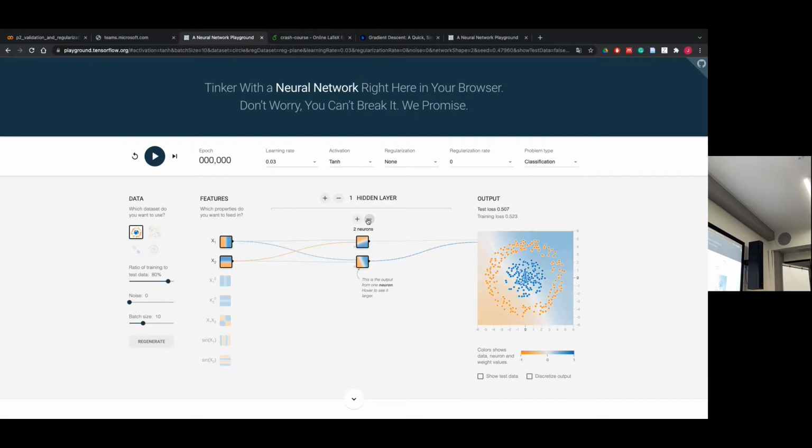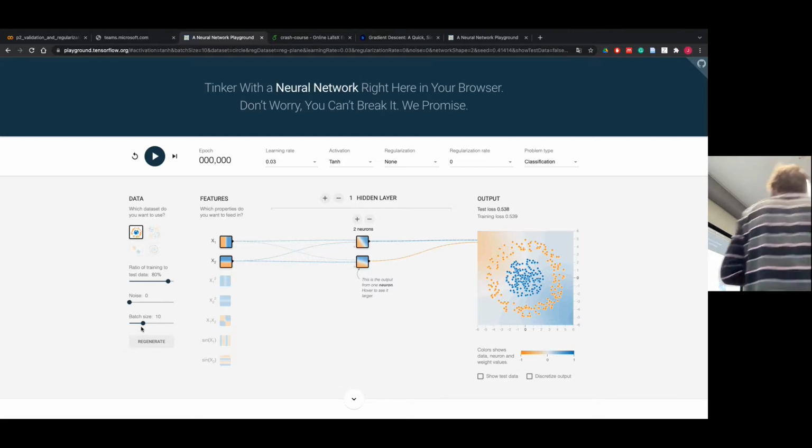Okay. So you can play a bit with the data. You can add some noise to the data, but we won't put noise to begin with. And here you see the batch size. So now you know what the batch size is. The batch size is the size of the mini batch you specify during the training. And you see epoch here, we count the number of epochs. An epoch is when all the data has been seen by the neural net.